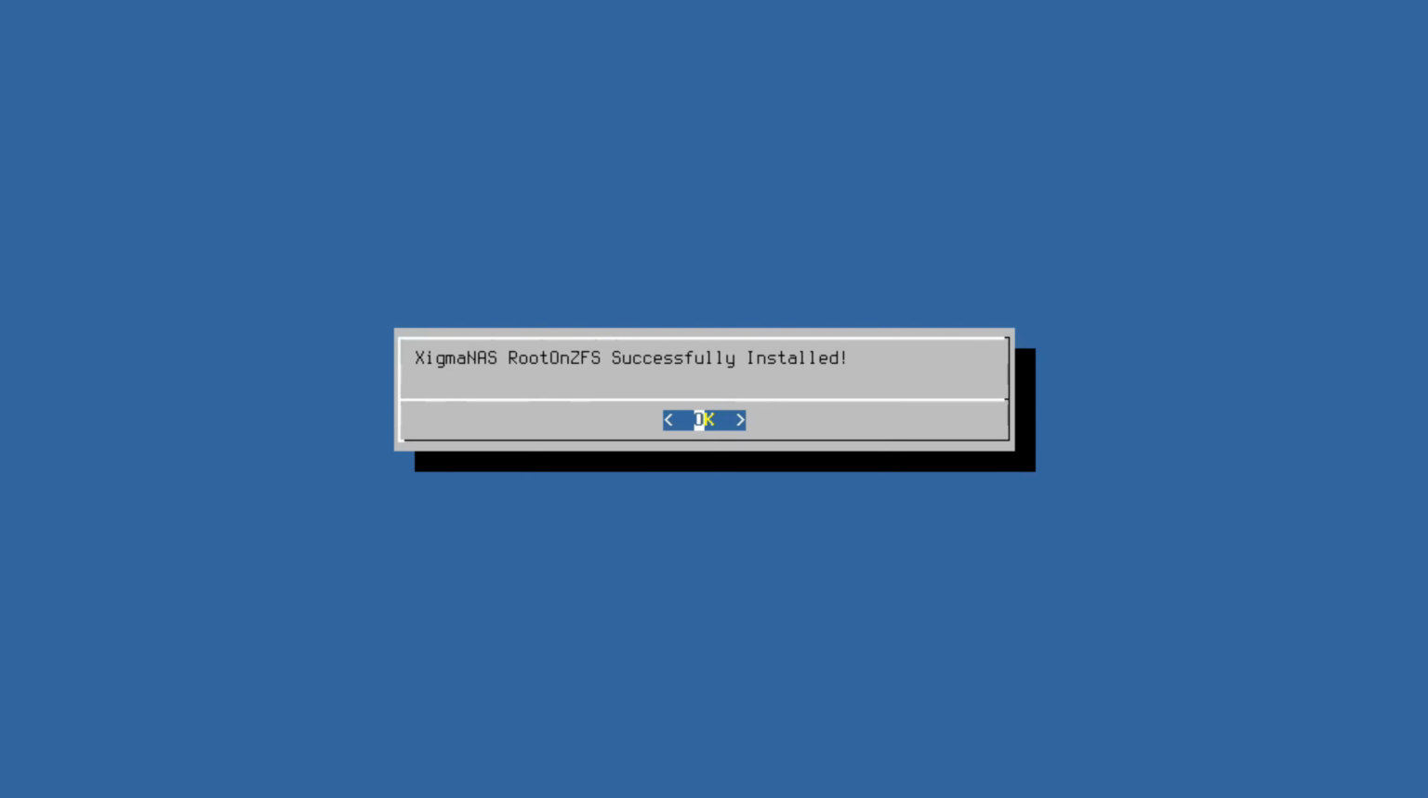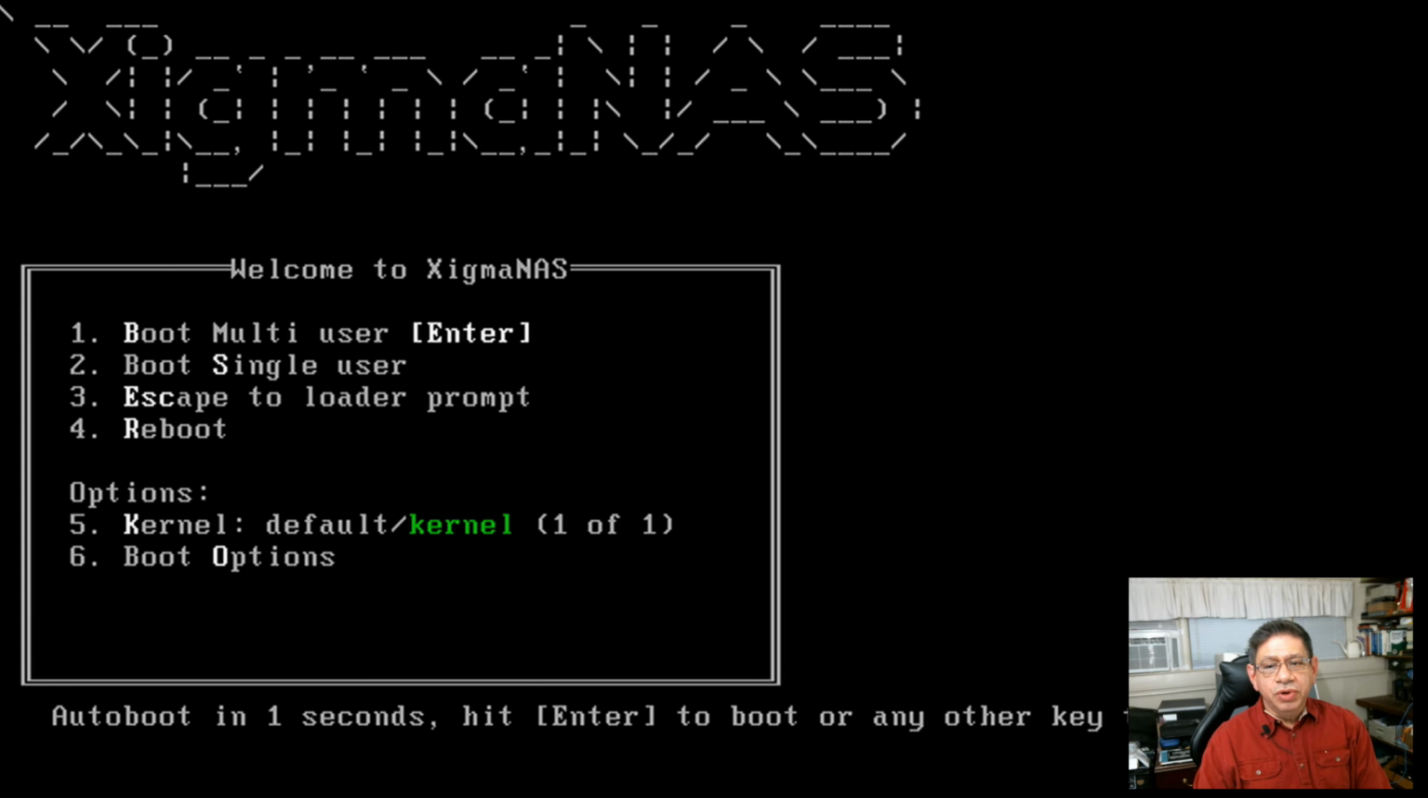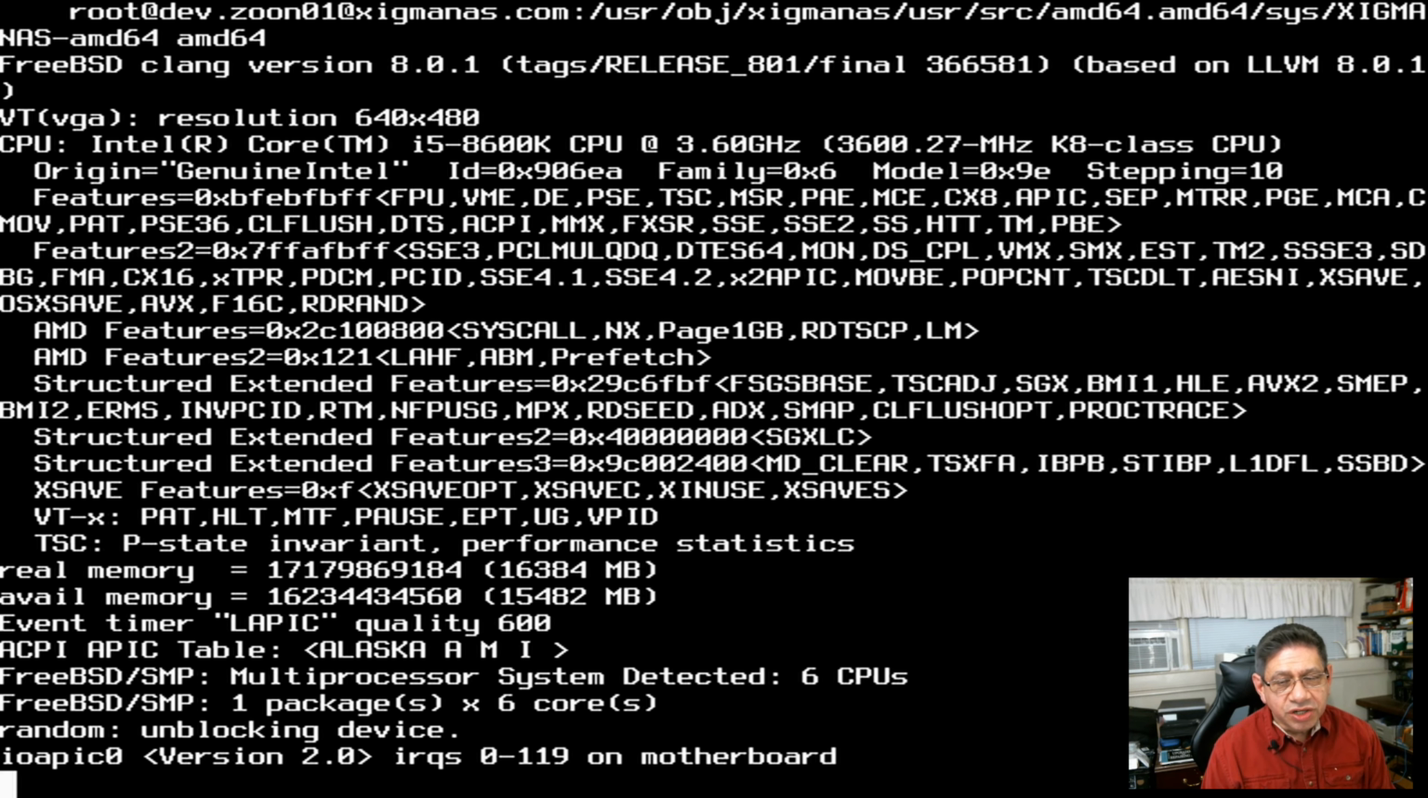So what I will do is I will remove the USB stick, so it's now out, and notice that it did detect that, but I don't care about that because that's in memory only, a copy of the operating system. I will now hit reset on the server. Hopefully it boots, and it does. So now we're booting XigmaNAS. You'll see it go a lot faster now from the actual hard drive,